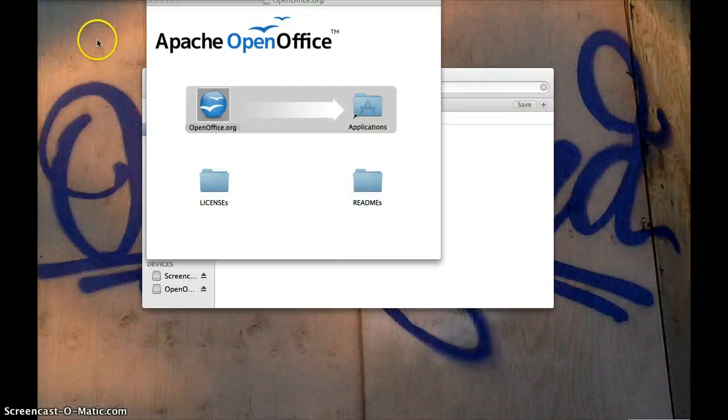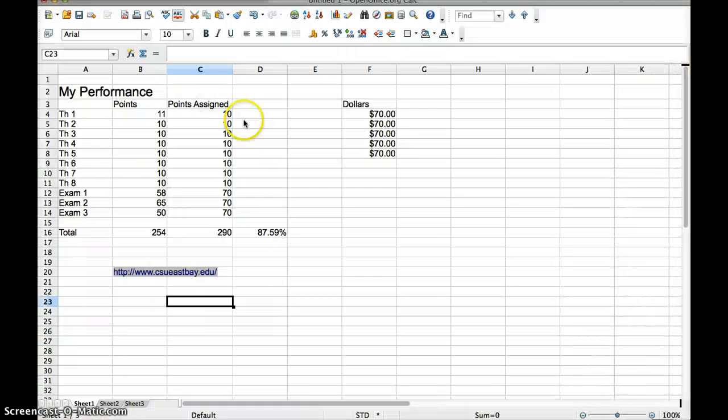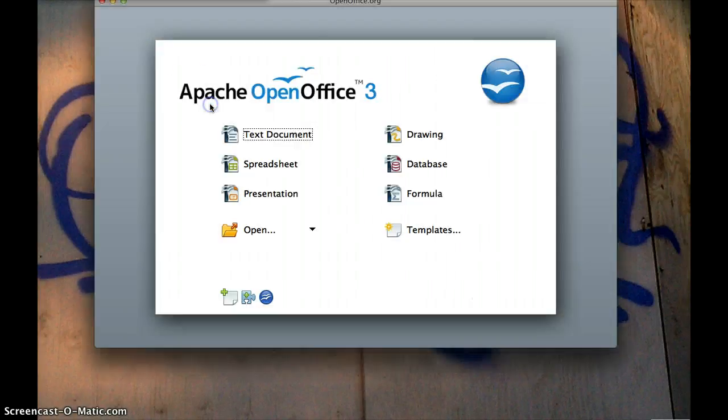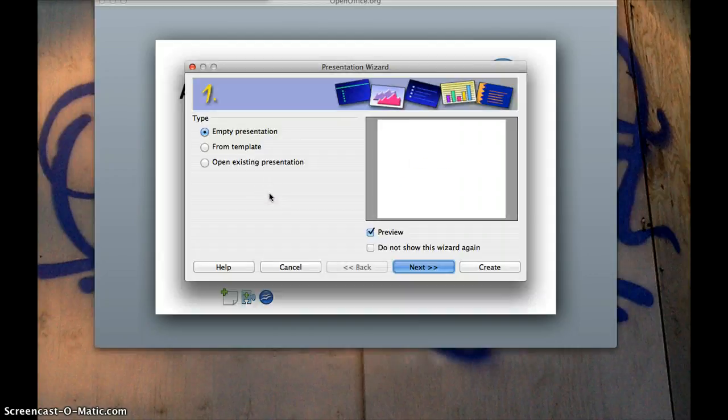Alright. Let's move to the next one, which will be, again, because we didn't save it, it's always going to alert you. So make sure you save your changes. Okay, the next one is presentation. This is interesting. It makes you format it in the beginning before you put all the information in. So start with an empty presentation,